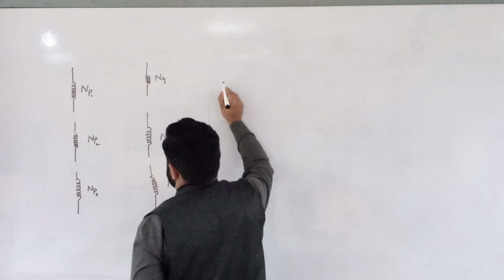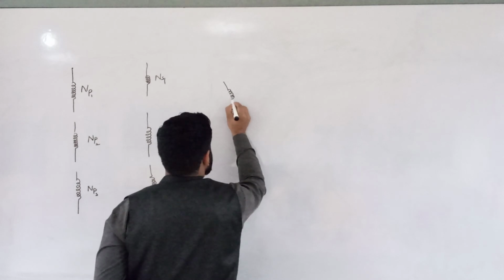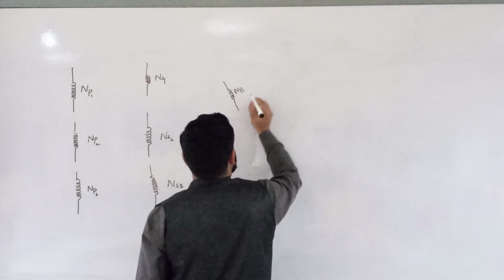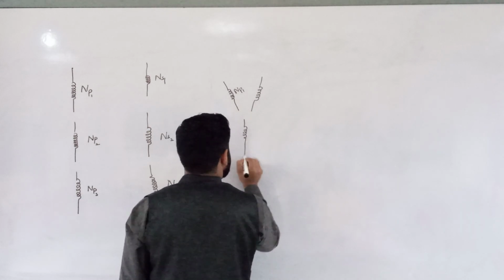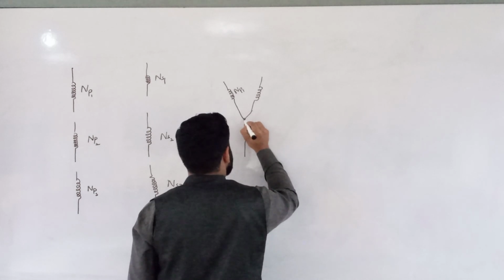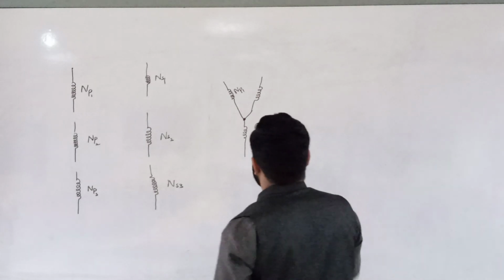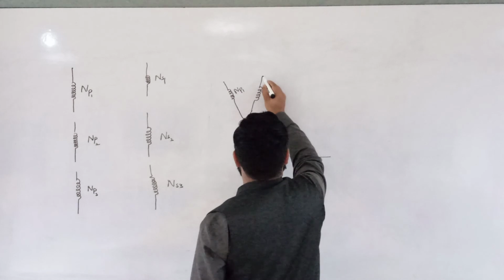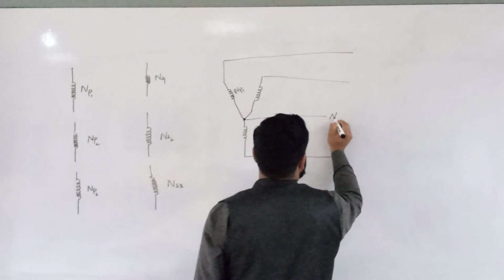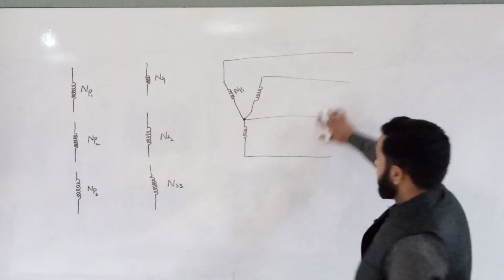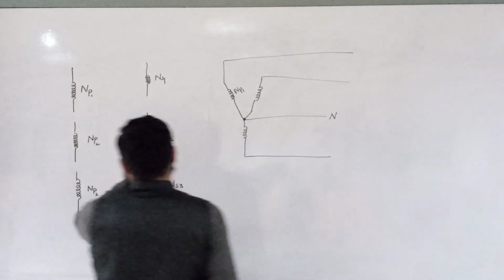कि इन सब के एक पॉइंट को कॉमन किया जाए। लेट्स सपोज दिस इज NP1, यानी इन पॉइंट्स को जो है ना सबको यहाँ पे कर दिया जाए, ठीक है। और तो ये क्या होगा, दिस इज न्यूट्रल। सो अगर प्राइमरी को आप इस तरह कनेक्ट करते हैं तो दिस विल बी वाई कनेक्शन। अब इसको कनेक्ट करने का एक दूसरा तरीका ये है